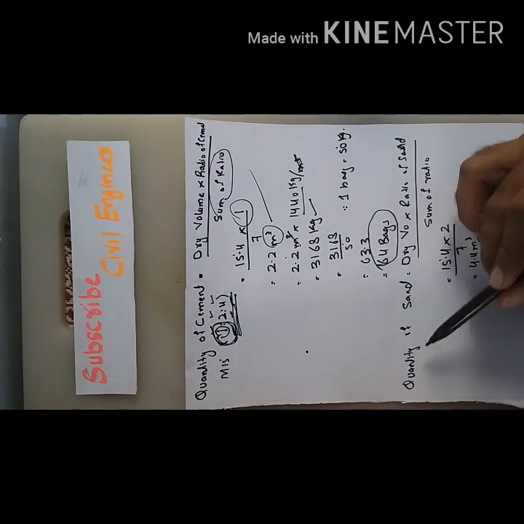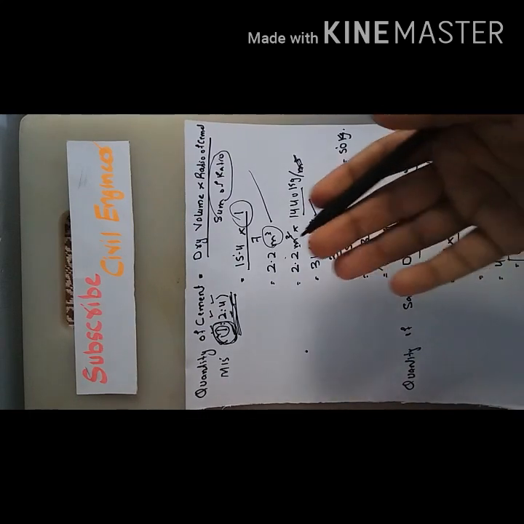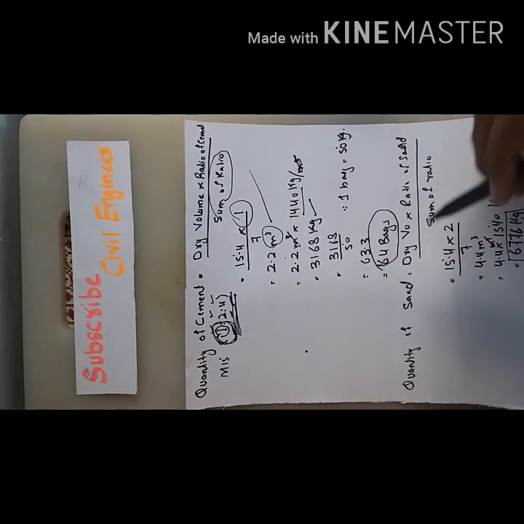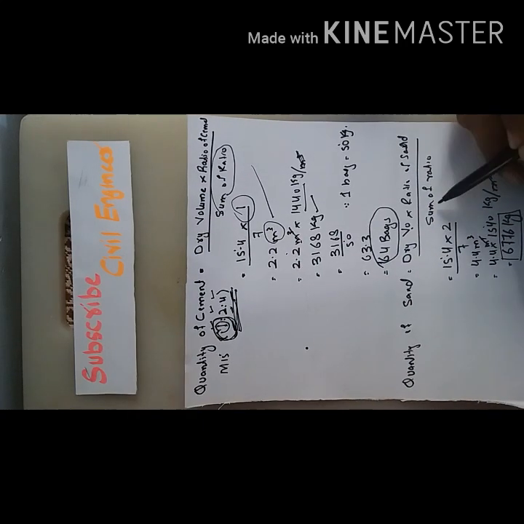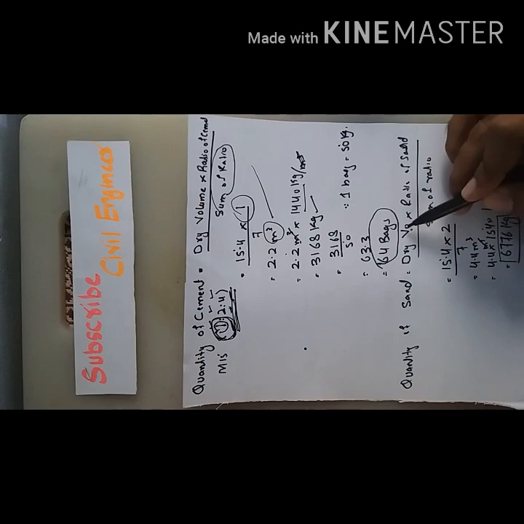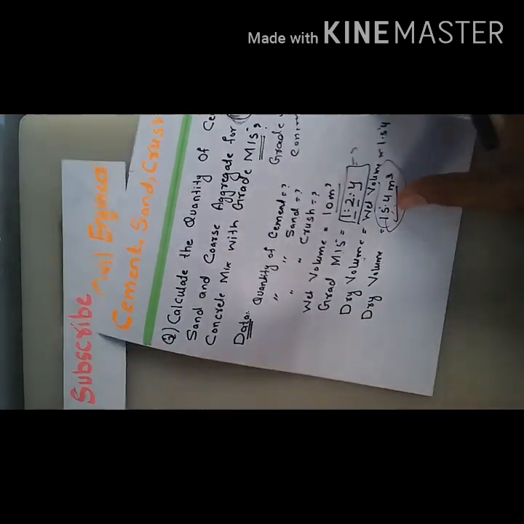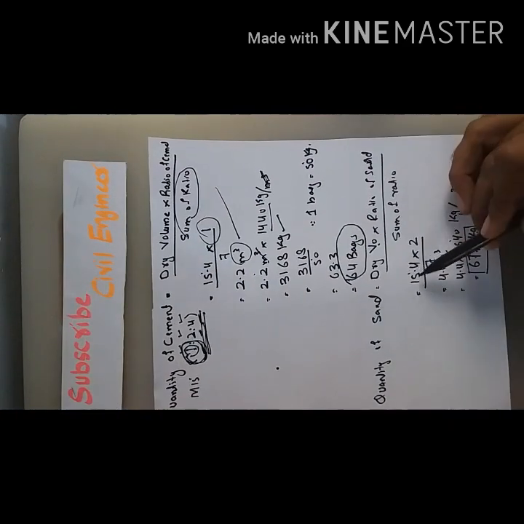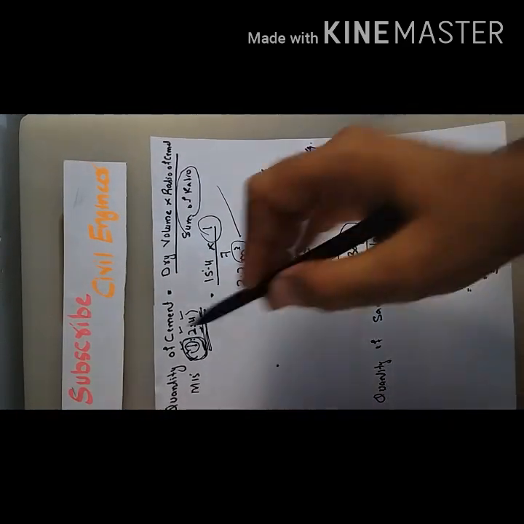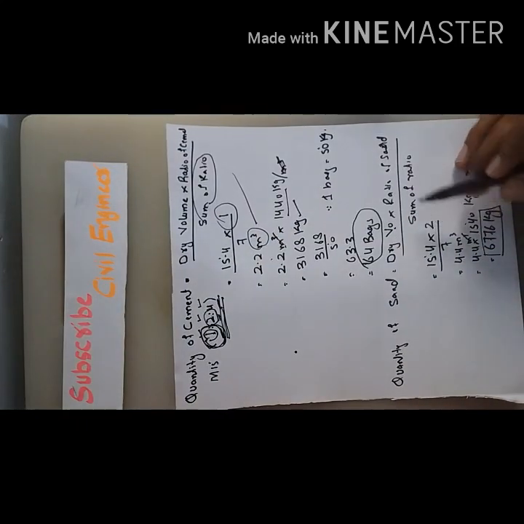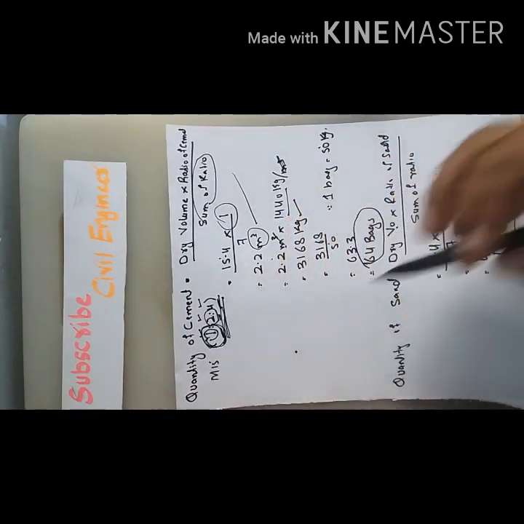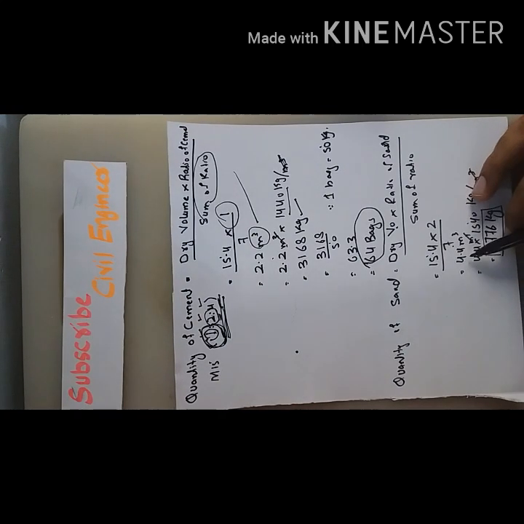So now we calculate the quantity of sand. Same, you can do work same as you work for cement. Formula will be same, dry volume multiply ratio of sand divided by sum of ratio. Dry volume we get here. This is dry volume 115.4. We put here. Ratio of sand we will get here. This is ratio of sand 2. We put here. Sum of ratio, we know sum of ratio is 7. We put here. Then we calculate, and 4.4 cubic meter is the volume of sand.